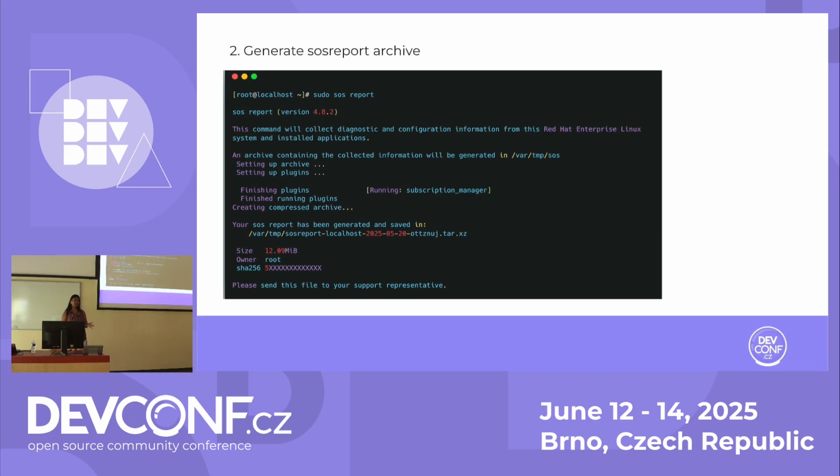That archive is the source report, and by default it is saved in the var temp directory. But you can change it as per your requirement, and the file is named with the host name as well as a timestamp for easier identification.